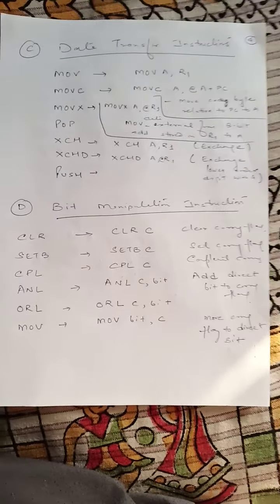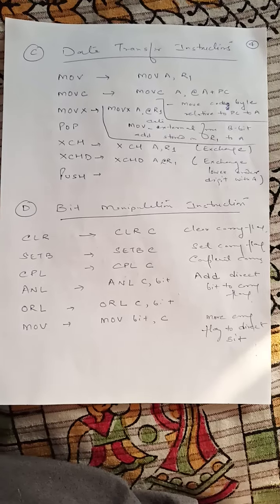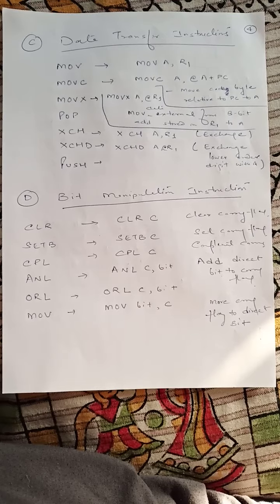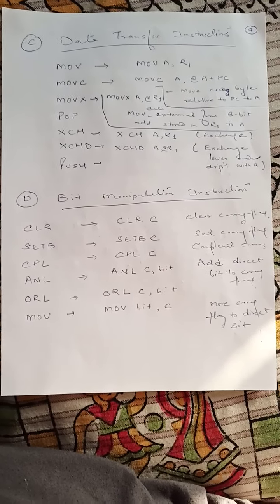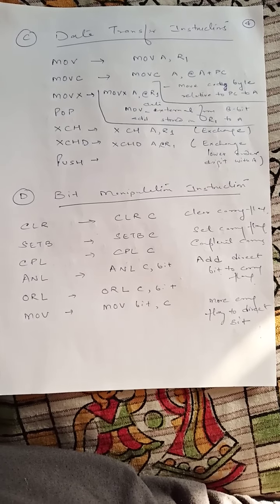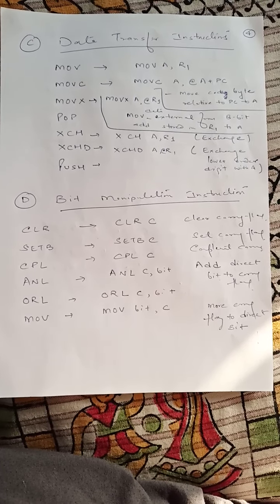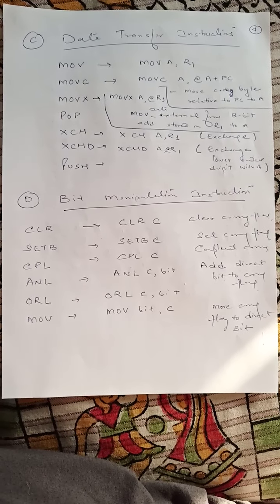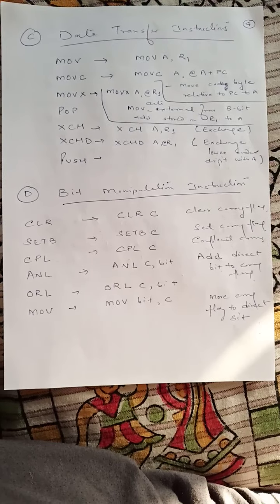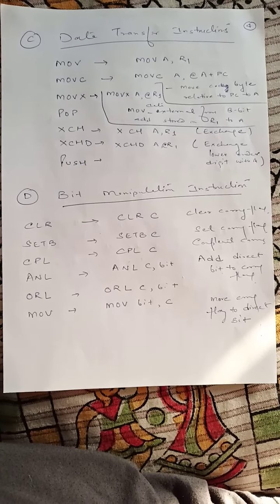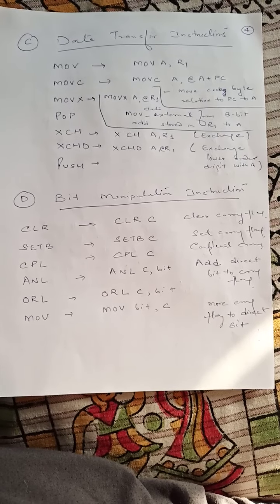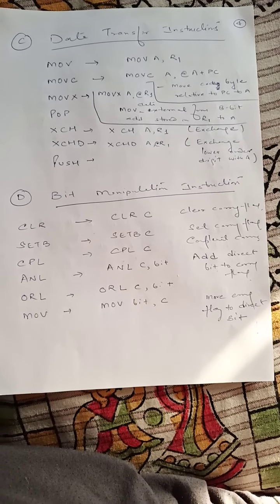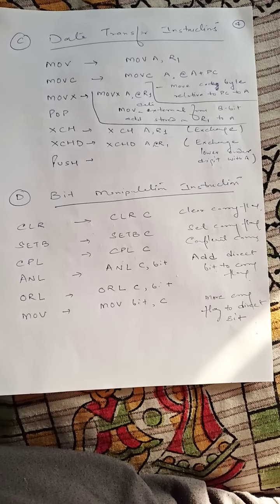In continuation, there is the data transfer instruction. In the case of 8085, we use data transfer instructions like MOV, but in the case of 8051 there are other instructions, that is, MOVC and MOVX. What is the difference between MOVC and MOVX? As you know, the 8051 has internal RAM, and we can interface external memory, external ROM and external RAM, with the 8051. So here lies the clue. MOV is used when you directly want to move the contents of the R1 register to A. MOVC means you want to move the byte addressed via the program counter to A, that is, you are using external memory. Similarly, MOVX moves data from external 8-bit memory to register A.